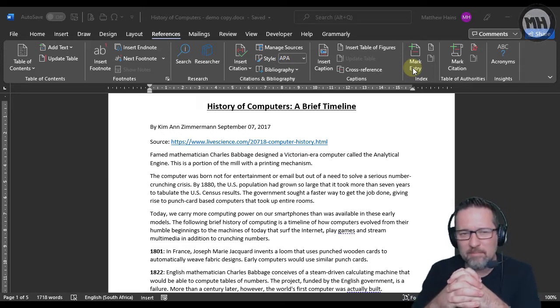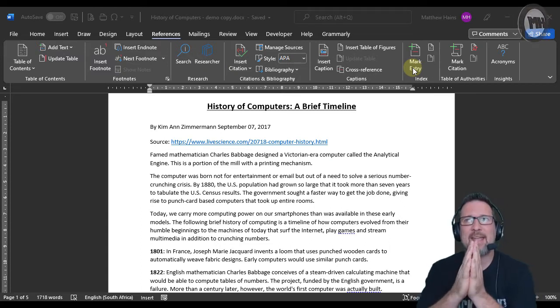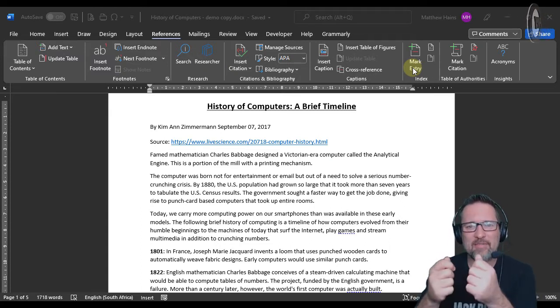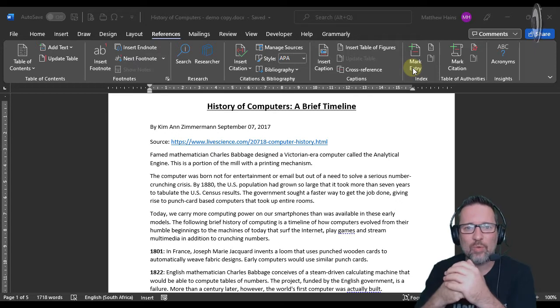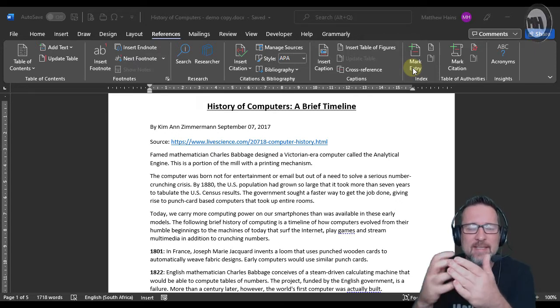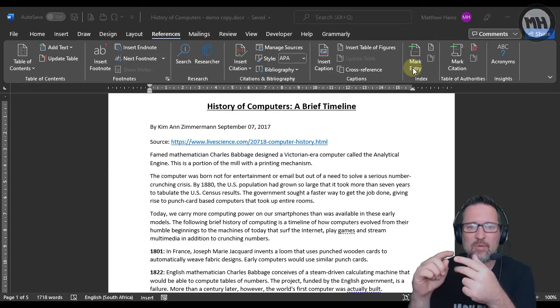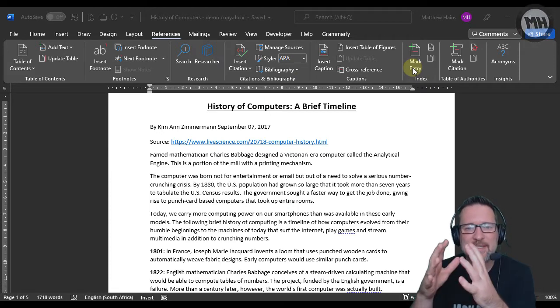When you have a book, like a textbook for example, and you turn to the back of that book, often you will find what's called an index. And the index consists of words or phrases or terms that appear